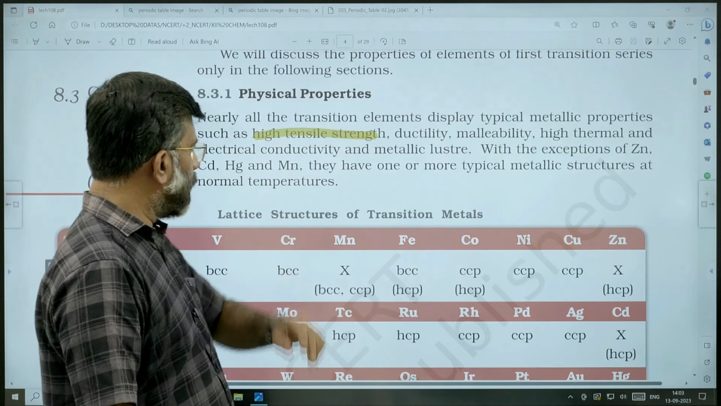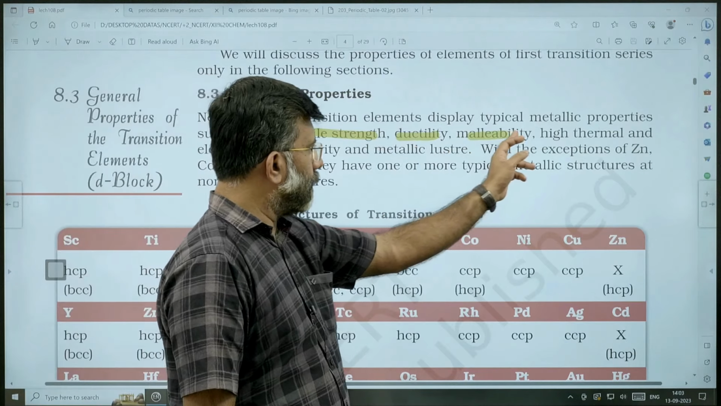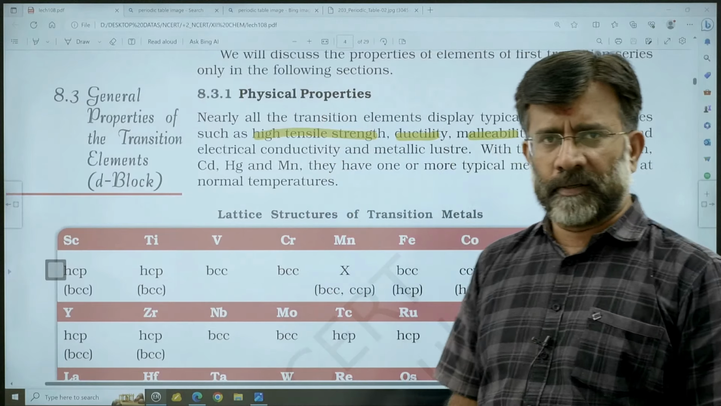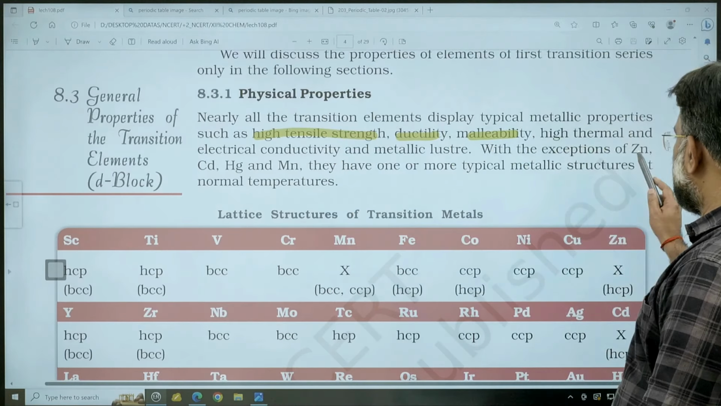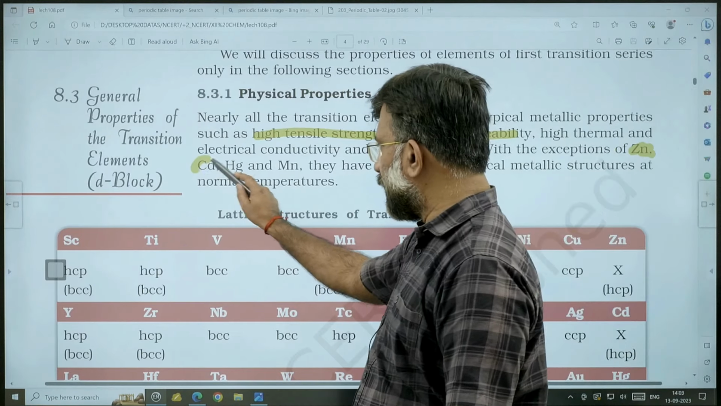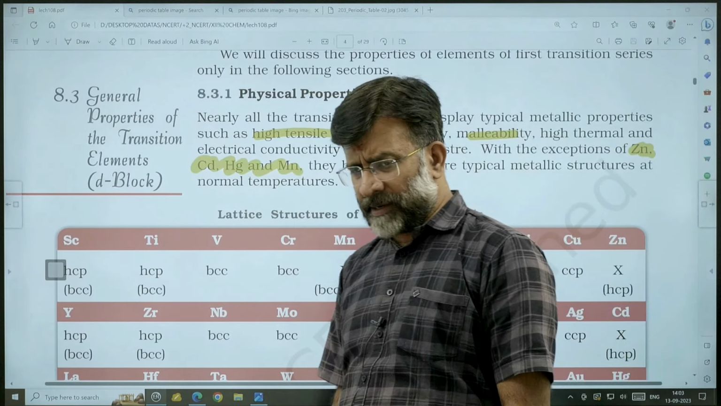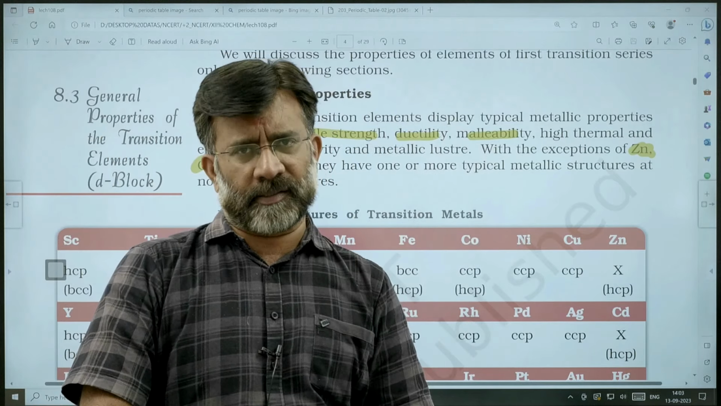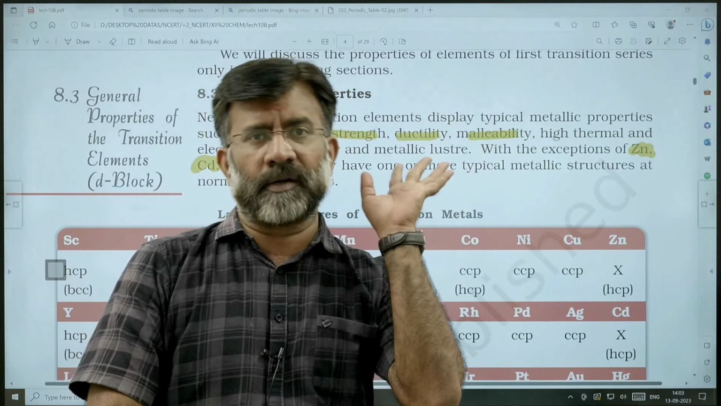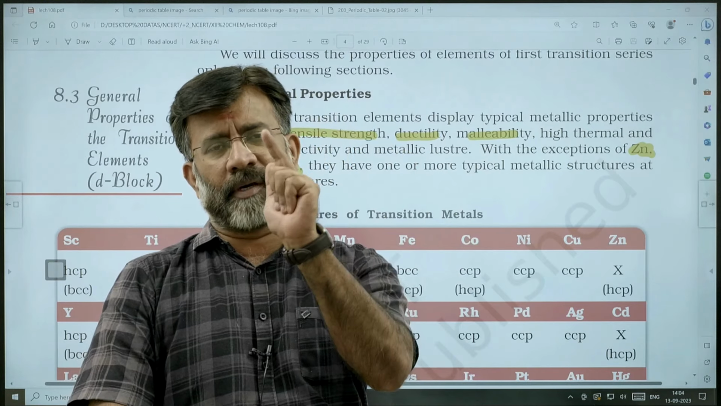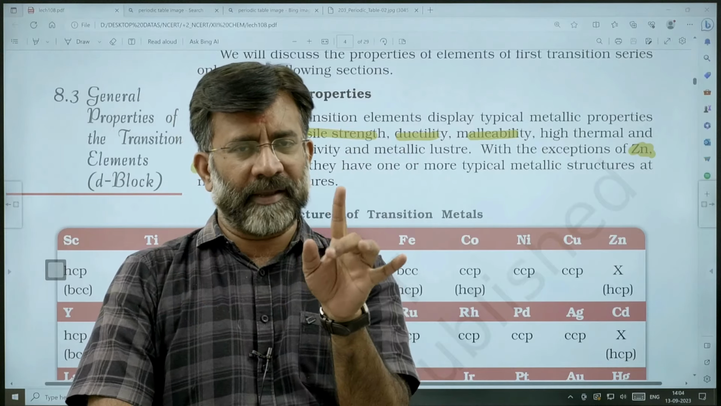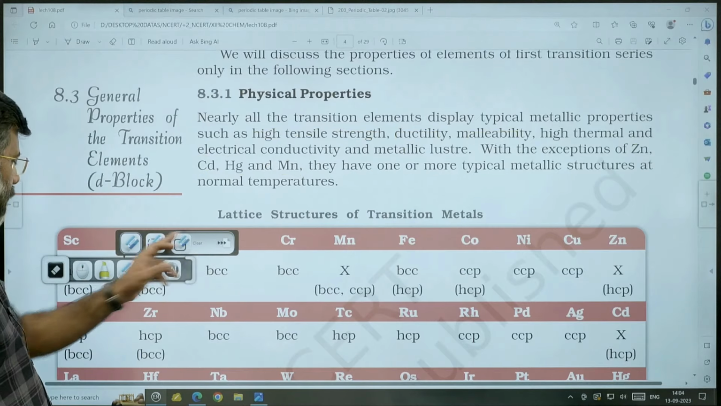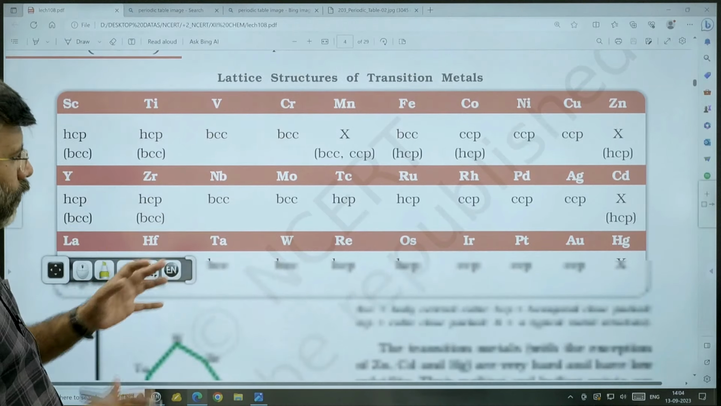Typically, they show high tensile strength, ductility, malleability. The typical metallic characters are given by the heavy transition metal elements. And exceptional cases will be zinc, cadmium, mercury, manganese. Particularly zinc, cadmium, mercury, they are called volatile metals. In fact, manganese also is somewhat volatile. You may go through this table to get a fair idea regarding most of the popular